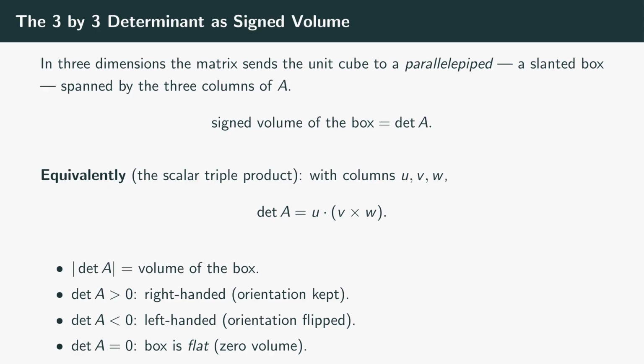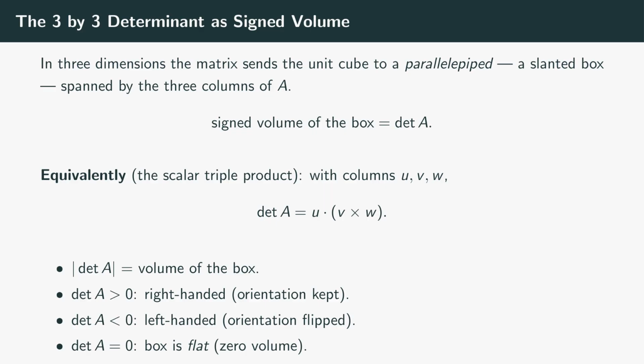The same story lifts to 3 dimensions. Now the relevant region is the unit cube, and a 3x3 matrix transforms it into a parallelepiped, a slanted box spanned by the 3 columns of the matrix. The signed volume of that box is the determinant. There is a neat way to compute it. If the columns are the vectors u, v, and w, then the determinant equals the scalar triple product, u dotted